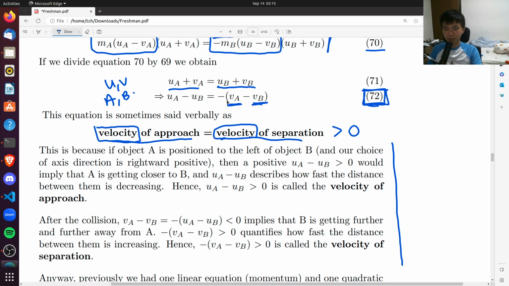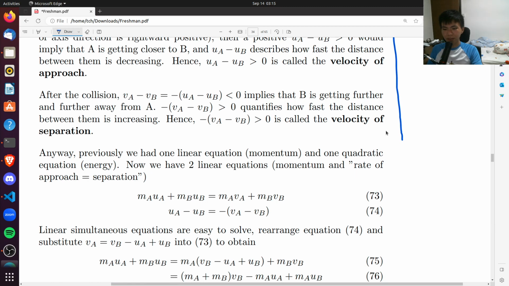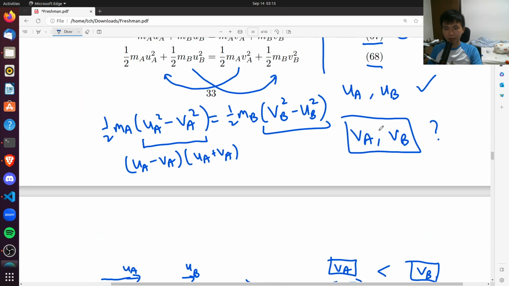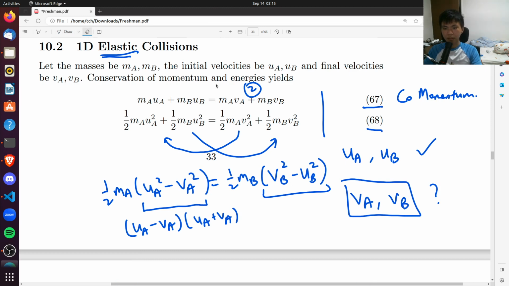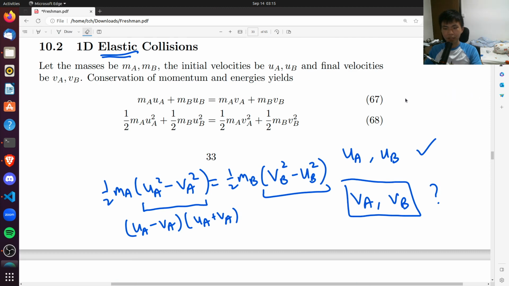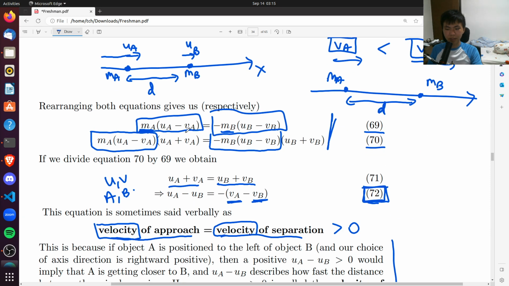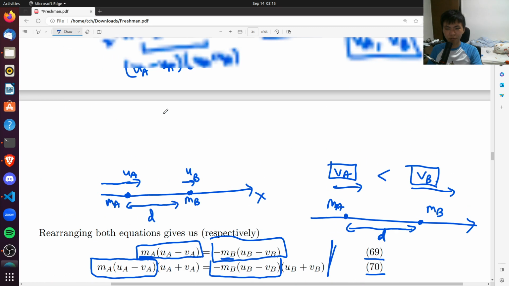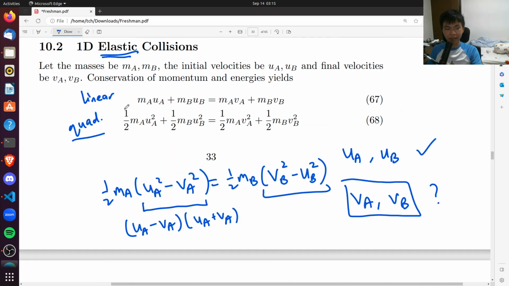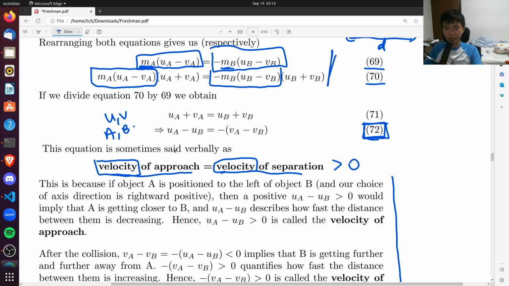The whole idea is that previously, the momentum equation is a linear equation, whereas the energy equation is a quadratic equation, and quadratic equations are harder to solve than linear equations. But by doing some manipulation, we've transformed the quadratic equation, we divide it by the linear, so we get a linear equation